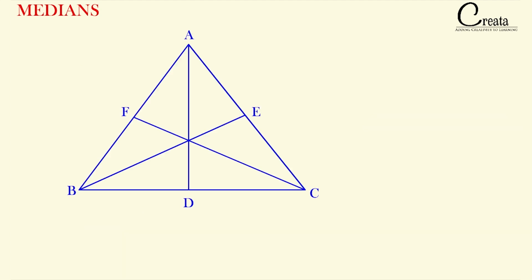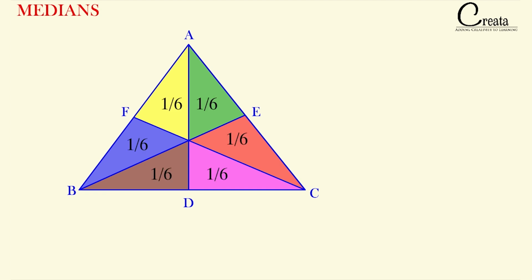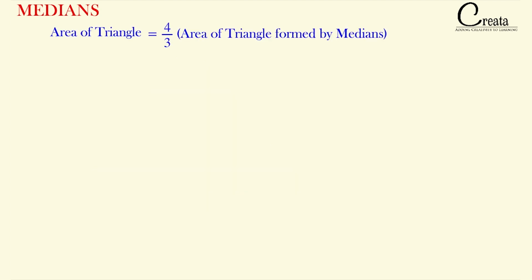If you observe, the three medians have divided the area of the triangle into 6 equal parts. Area of all these small triangles will be equal to 1/6 of the area of the complete triangle. These are 6 triangles, so each will have 1/6 of the area of triangle ABC, that is the complete triangle. In other words, we can say the medians divide the area of the triangle into 6 equal parts. Got it? Moving further, the next concept is that the area of a triangle is equal to 4/3 times the area of the triangle